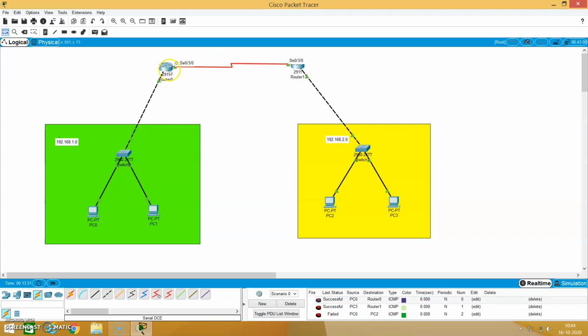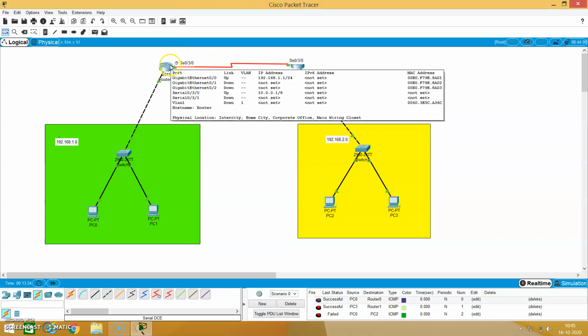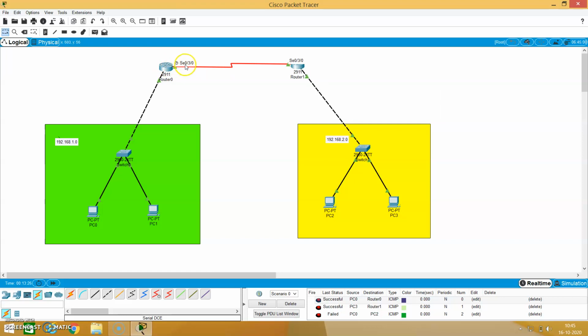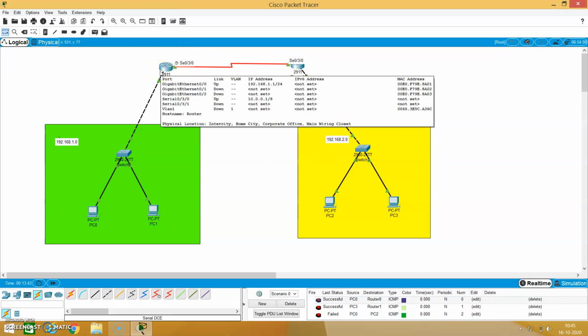From there, it needs to be forwarded to this serial 0/3/0 interface, that is 10.0.0.1 to 10.0.0.2, from this router to this router, first one to the second router, to reach the 2.0 network. So we need to give that information in the routing table. For that, you just click on the router.